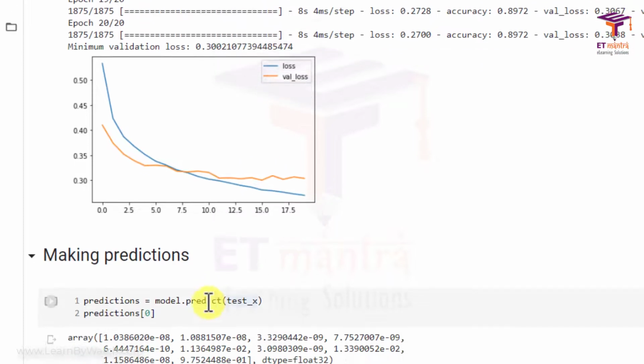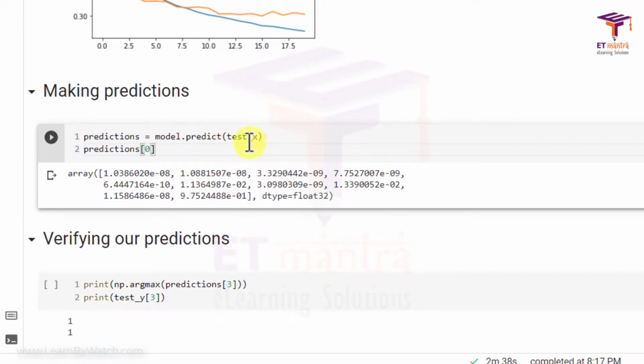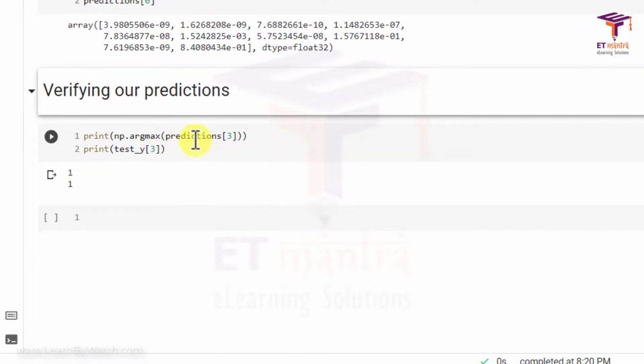Okay, so we have trained a model, and next we'll see how we predict. We do that by model.predict, pass the test set and we get the predictions. Let us see how the first prediction looks. Since the last layer was a softmax function, we get the output in the form of an array with 10 numbers representing the 10 classes.